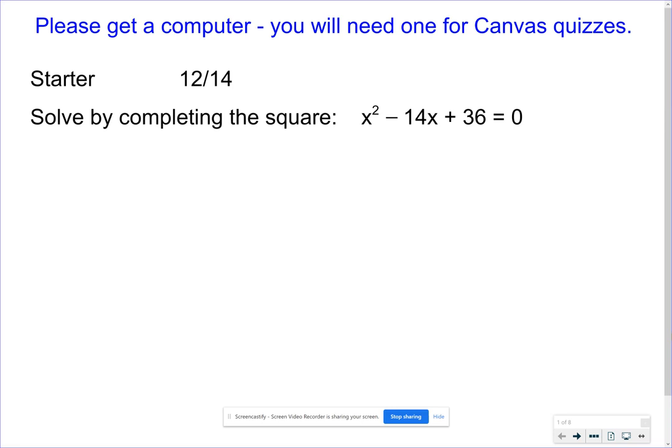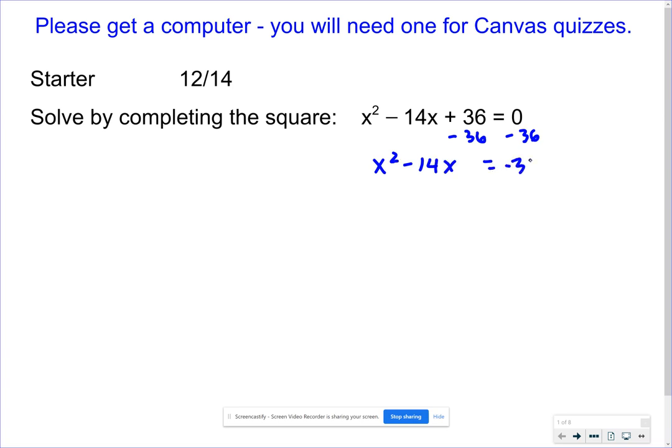So the starter for December 14th and 15th is solve by completing the square. What we need to remember is that to solve by completing the square, we need to have the form x squared plus bx equals d. Right now the 36 is in the way. So we're going to move the 36 by subtracting 36 from both sides. And then we have x squared minus 14x